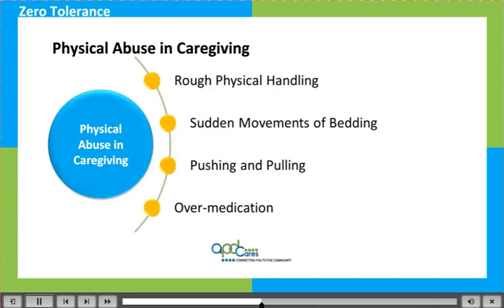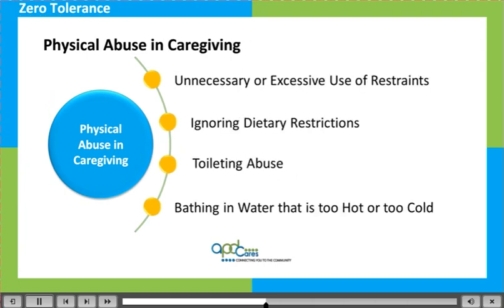Sometimes abuse of individuals with developmental disabilities takes the form of acts that could be thought of as well-intentioned but unsuccessful attempts by the caregiver to ensure the individual's well-being. In other cases, the abuse is deliberate, and is disguised as caregiving. Here are a few examples of that type of abuse: rough physical handling, sudden movements of bedding, pushing and pulling, and over-medication. Other signs of physical abuse in caregiving: